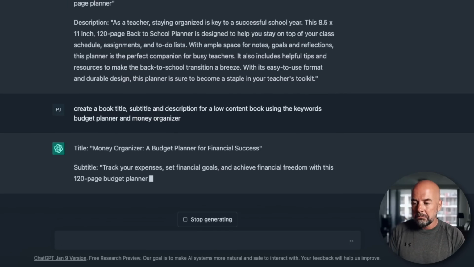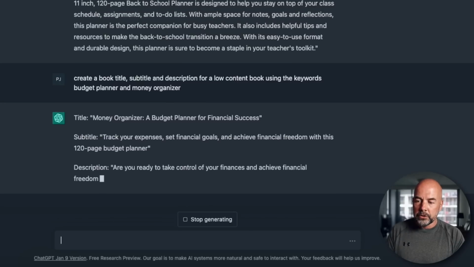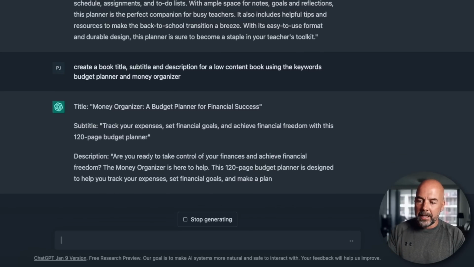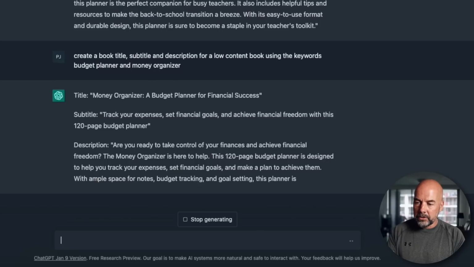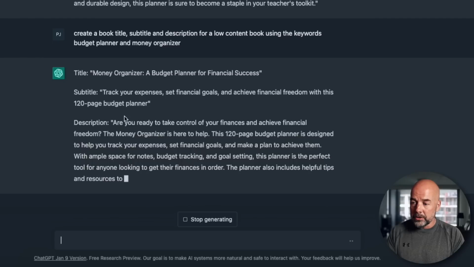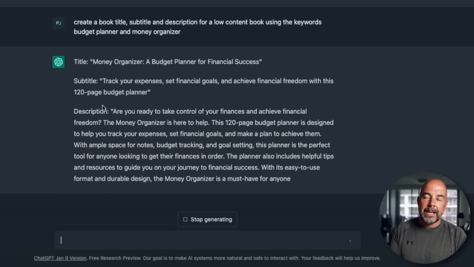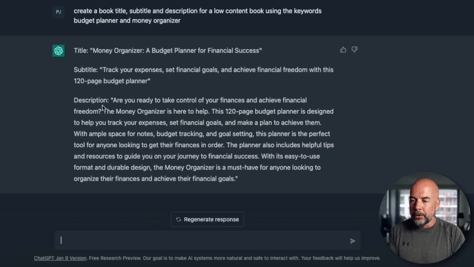Money organizer, a budget planner for financial success. Now, I'll tell you why I wouldn't use that as my title in a moment. But looking at the description, this looks pretty good. And also the subtitle looks pretty good. Again, it's added in 120 pages. I don't know where it's got that from because we haven't put that in the prompt, but certainly the description